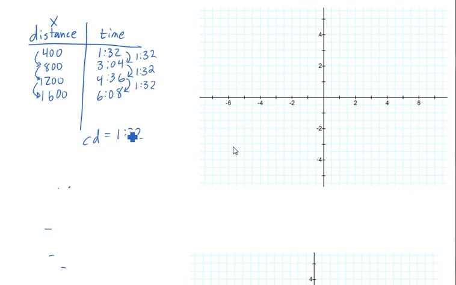Now this is only because the x value is increasing by the same thing every time as well. Okay? If your x is jumping around all over the place, then you're not going to be able to find a constant difference, or if there is one, it doesn't mean anything. But since they're both increasing by a specific rate every time, that means that you now have a constant difference. Since you have the constant difference, you can now check whether it's direct variation. You can go ahead and try any of your methods. I'm going to leave this up to you. Go ahead, try it out. Hopefully you get that